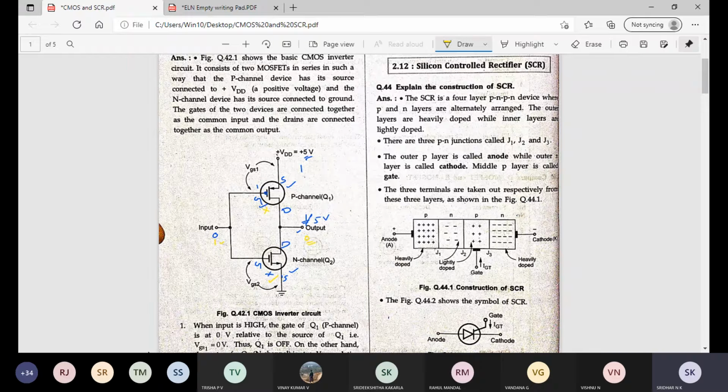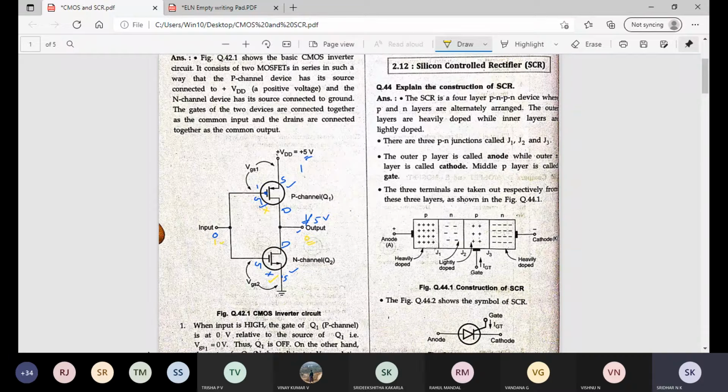Where do we use this complementation? In the NOT gate. Generally the NOT gate will be in IC form. Probably in your third semester you will be dealing with these gates. For all the gates you need to do experiments: NOT gate, AND gate, OR gate. You need to get the output of all of these. This circuit will be sealed in one IC. There, if you give input as 1, output will be 0. If you give input as 0, output will be 1. This is nothing but the complement operation. Next we will see SCR.